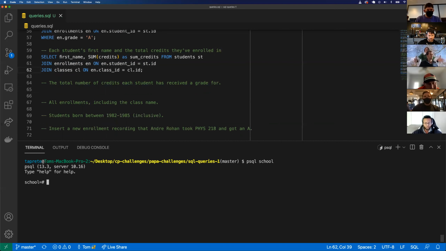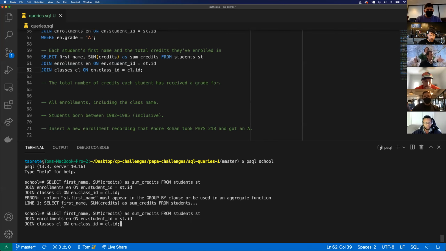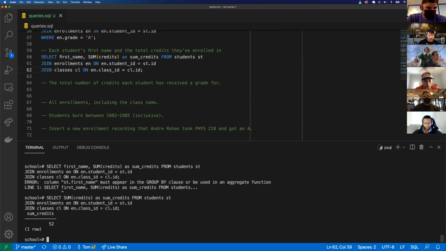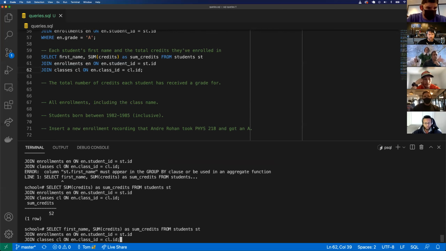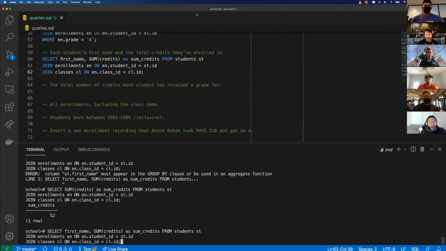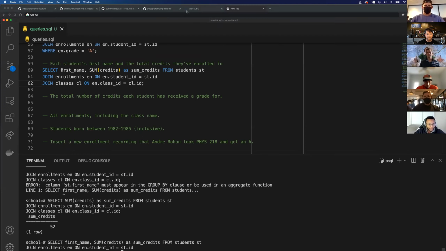If I got rid of the group by, I don't even know if it'll execute. In theory, it would just have a list of everyone's first name, but it'd list the same first name for each individual instance of a class, essentially. So if I didn't do group by,